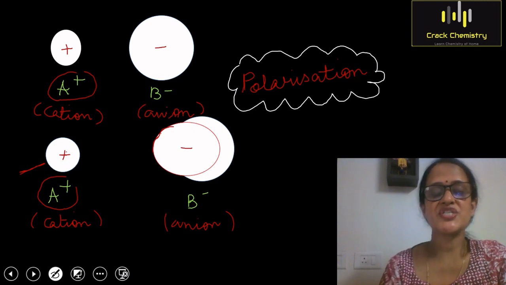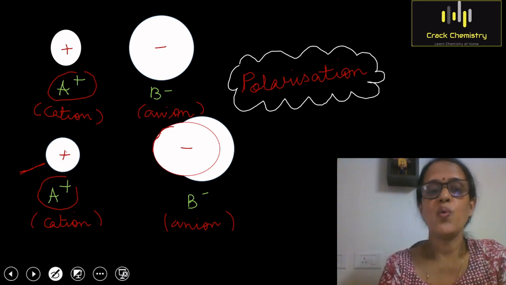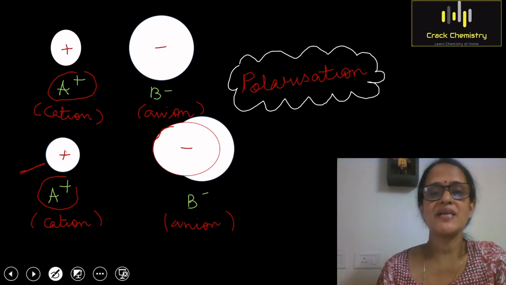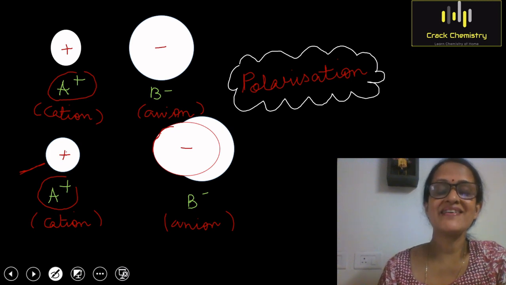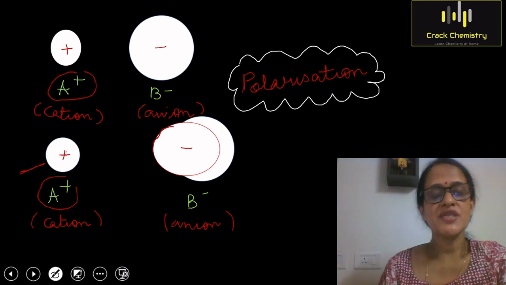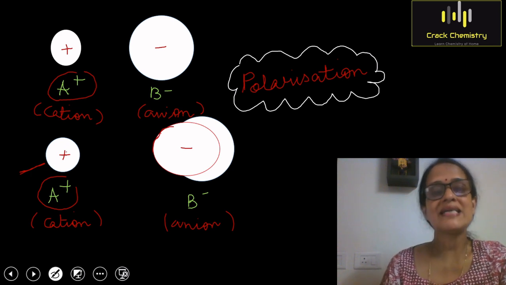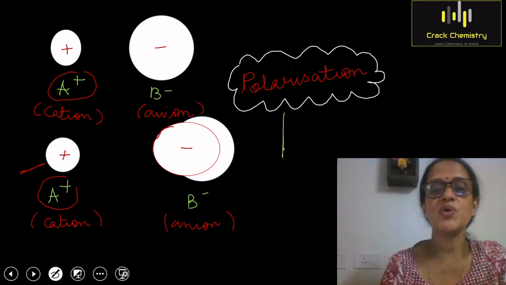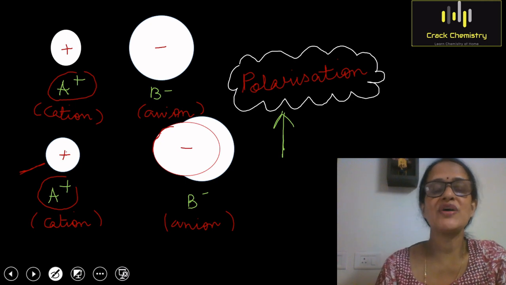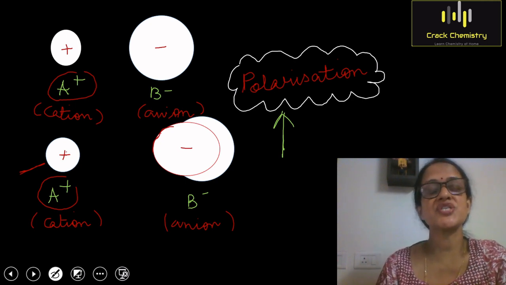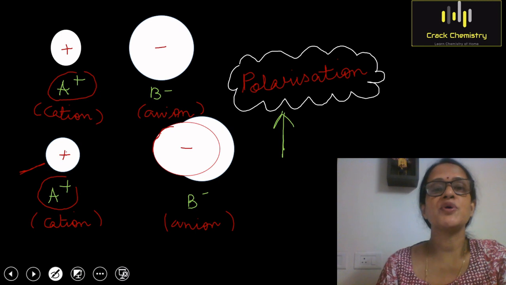The positively charged ion A+ will attract the outer electrons of the anion towards itself. As a result of which, what will happen? The outer electrons of the anion will be distorted. This distortion of outer electrons of the anion by a cation towards itself is called polarization. So what is polarization? Polarization is the distortion of outer electrons of a negatively charged ion by a positively charged